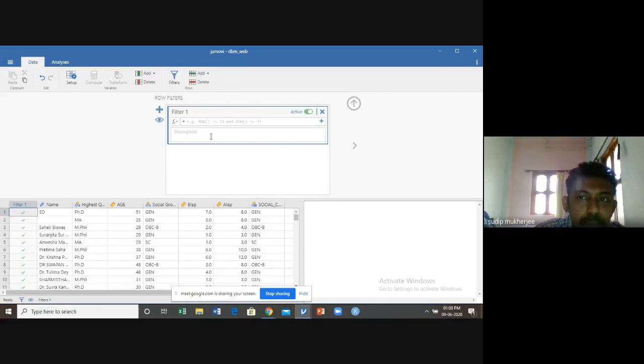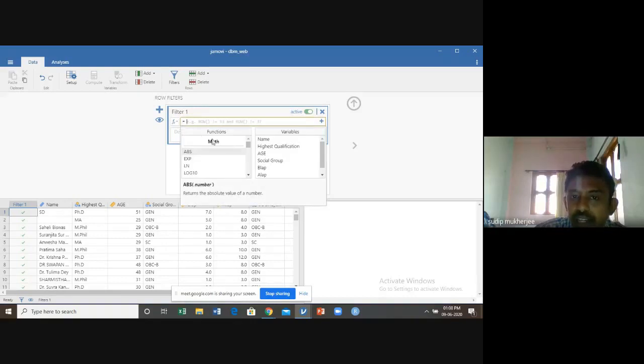Just click on filters. You just see this window appears. So you have to write the particular function for filtering. If we click on function, these are the functions available. For this purpose, just scroll down and get the function if. Once we click on if, it tells you, just like Excel, the required fields. In the if function, expression is required, value is required, and else is required.